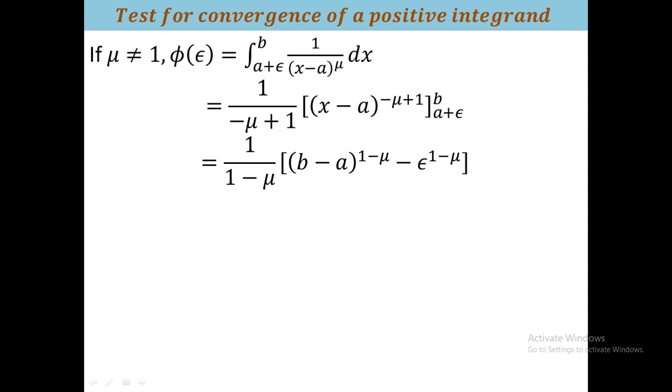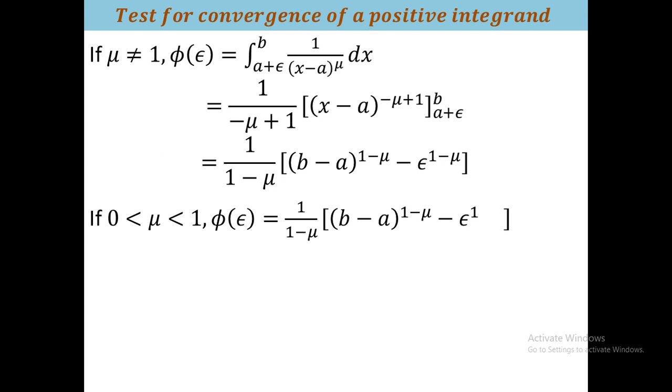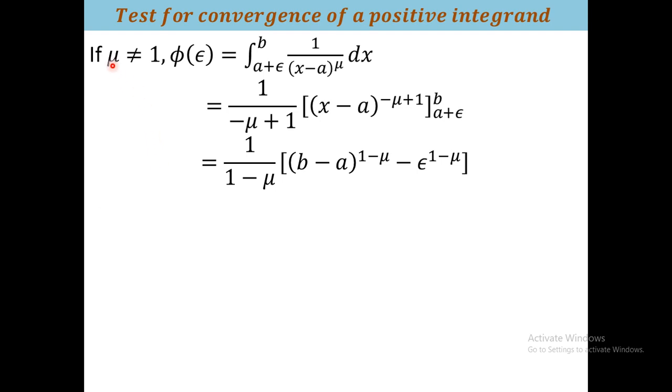Now we break mu not equal to 1 into two parts. At first we consider mu less than 1 and then we consider mu greater than 1. Here you see that for the improper integration, mu is always greater than 0. We discuss the condition when mu is less than or equal to 0: when mu is less than or equal to 0, the integration will be a proper integration and it is convergent, it is integrable. So here mu is greater than 0.